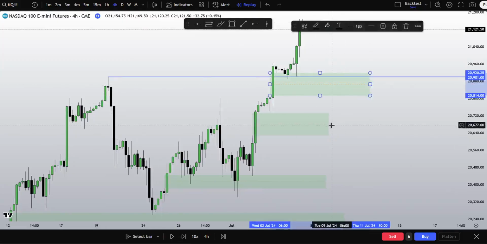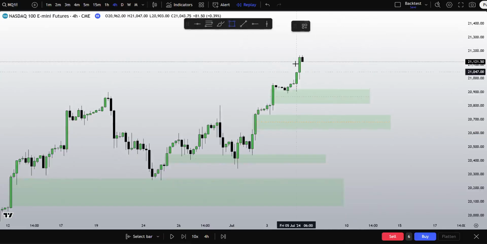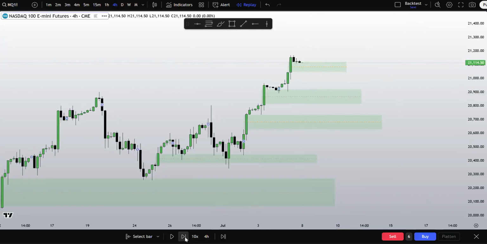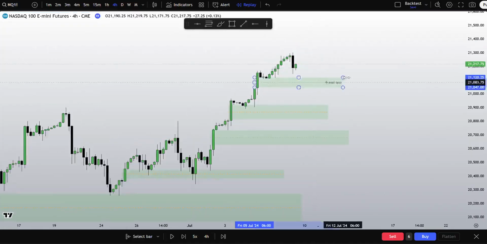Again, there we go. We keep respecting the bullish imbalances, forming all-time highs. We'll mark this one as well. Should this get disrespected, then my eyes would point here. Hold on. What I'm going to do is slow down the frequency. Again, respecting it still at this point.